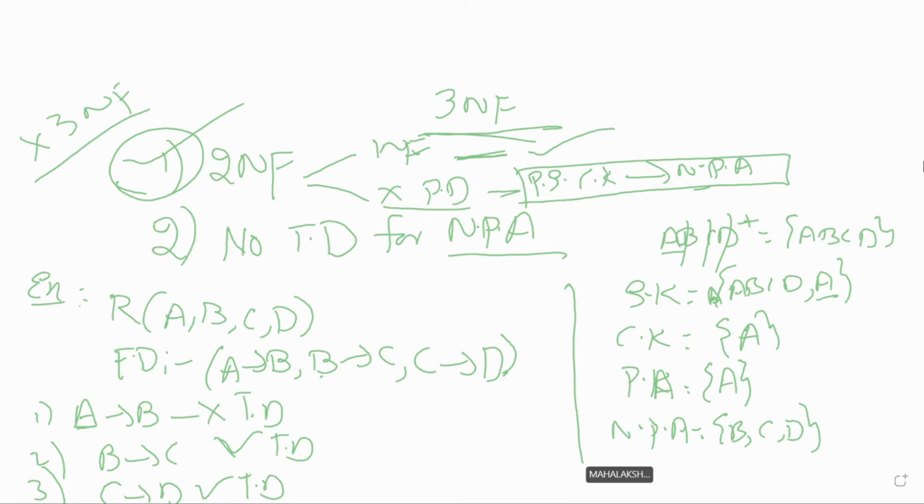Now I'll tell you the alternative procedure to know whether the relation is in 3NF or not. So I'm erasing this. I'll not erase the super key, candidate key, primary key, and non-prime attribute, because we'll take the same example and determine whether it's in 3NF or not using that procedure. So let me erase these two conditions here.